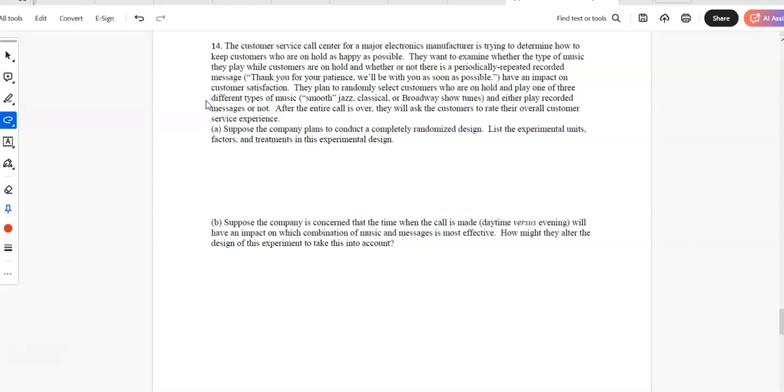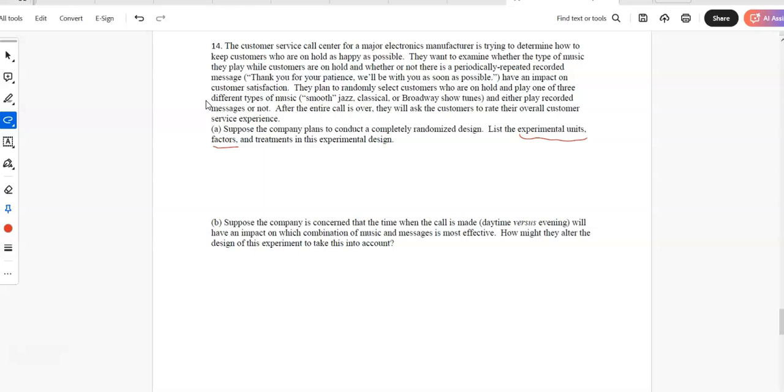Okay, so they have how many different types of music? So three different types. So you would randomly split the folks into three different groups. They're all assigned treatments. So the experimental units are the people who call in, customers of this company. The factors are